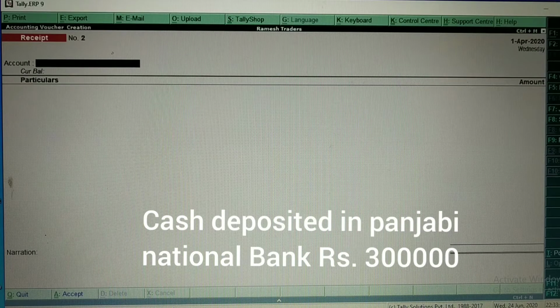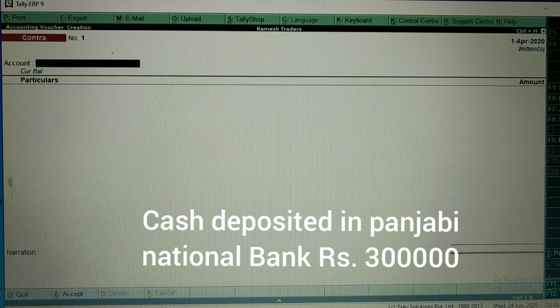From that 7 lakh, the company is depositing 3 lakh in Punjab National Bank. So here one account should contain Punjab National Bank, and cash is being deposited in this bank. Depositing means a contra entry should come here. So press F4 from your keyboard to open the contra voucher.